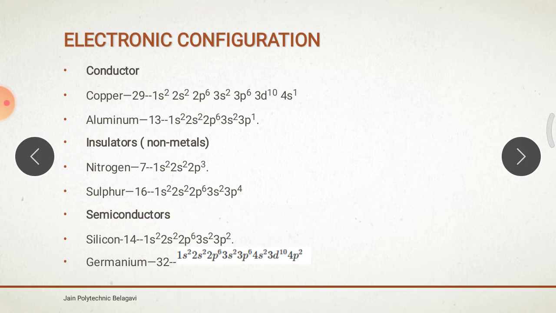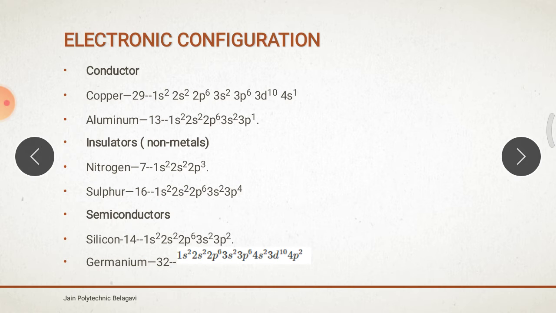So depending on the electronic configuration and how many valence electrons are in that atom or any matter, we can tell whether it is a conductor, semiconductor or insulator. You can see here it has only 1 electron in the fourth orbit, and here the third orbit has 2 plus 1, 3 electrons. So what about insulators? Insulators will have more than 4 electrons in their last orbit. So valence electrons will be more than 4 in this.